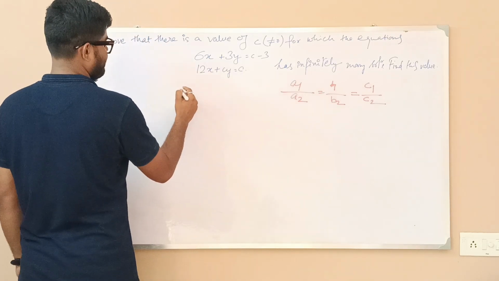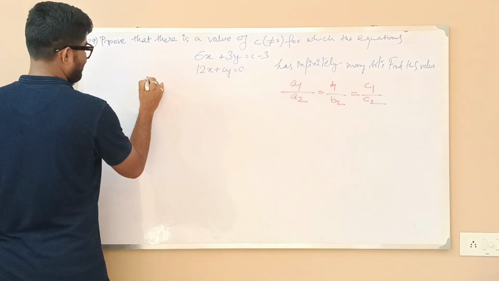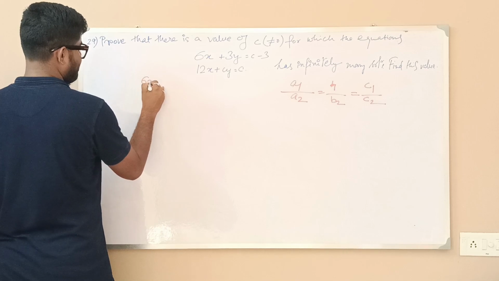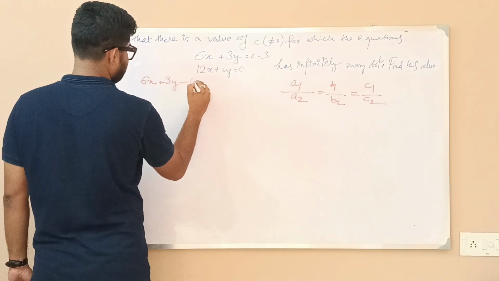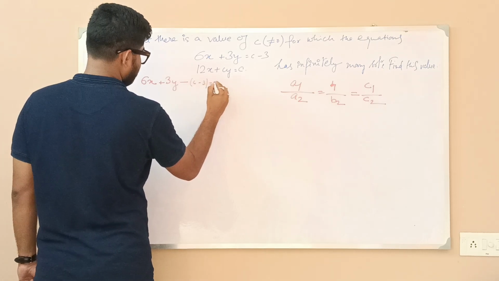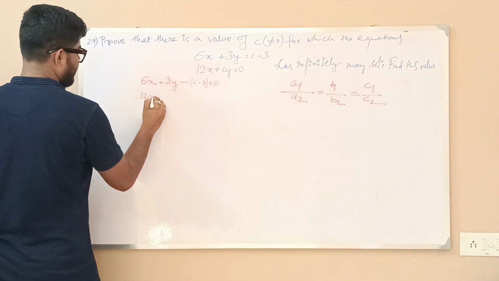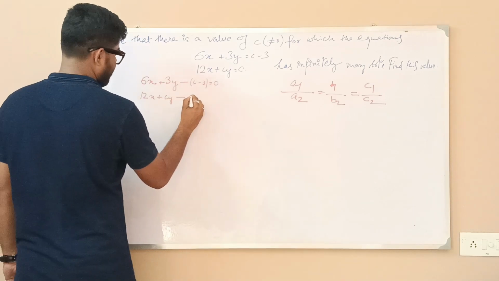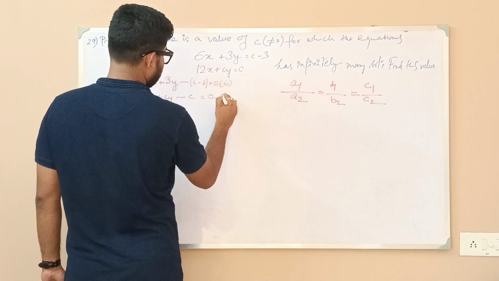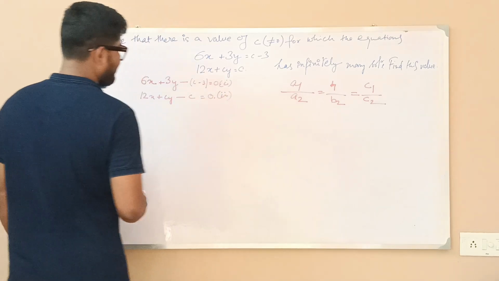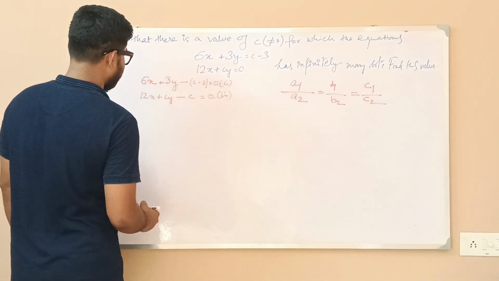Now 6x + 3y - (c - 3) = 0, and 12x + cy - c = 0. This is equation 1, this is equation 2. So now we can write